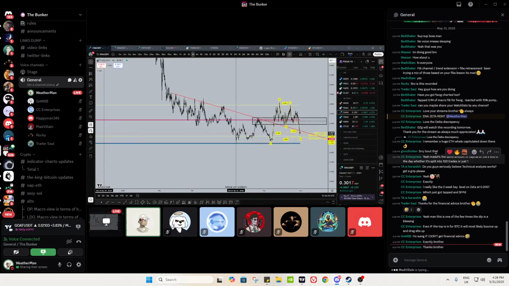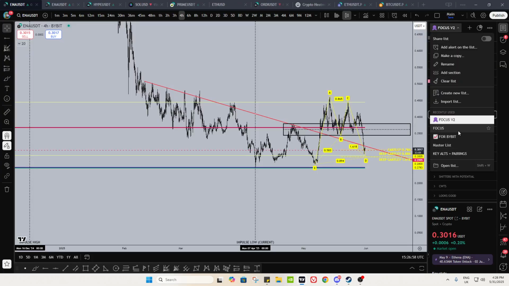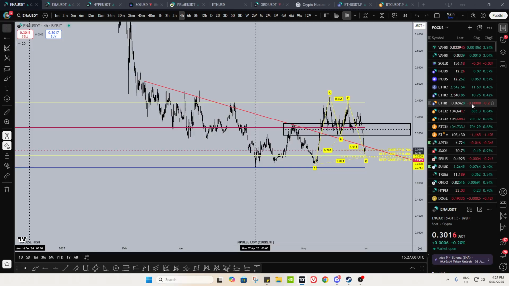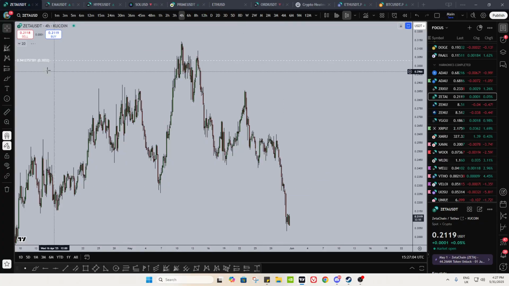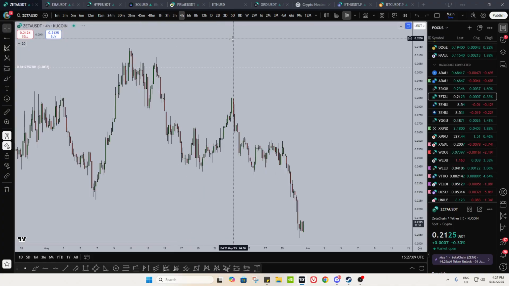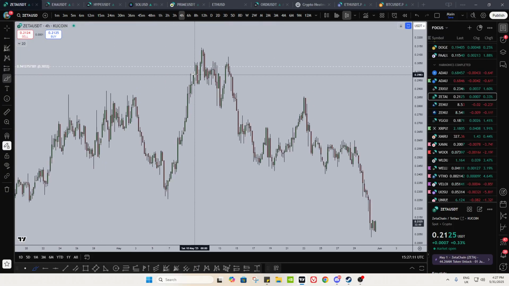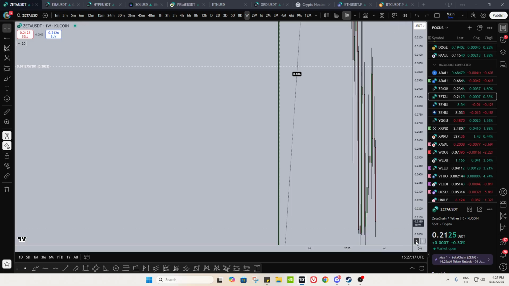And Zeta, RDNT. I'll do Zeta and then I have to go, I'm afraid. Let's do Zeta real quick though, because I saw it here earlier. There we go. It's been a while since I looked at this. Rejected off a 0.94 fib area. Premium distribution actually, if you look at the 4 hours. Initial resistance, raid on liquidity, reconfirmation of resistance, sent back to the downside. I've not looked at this chart in a while.